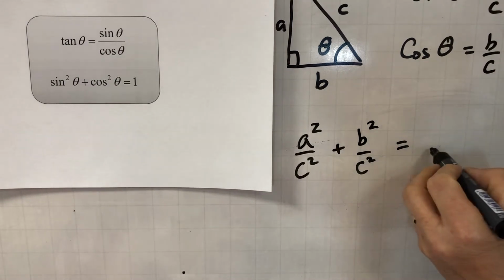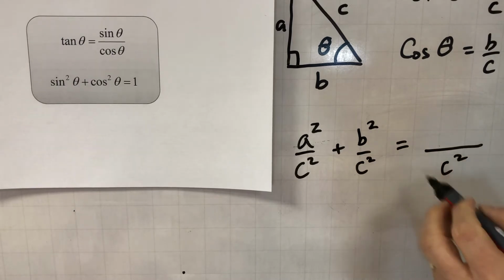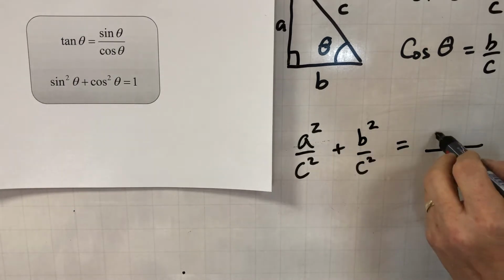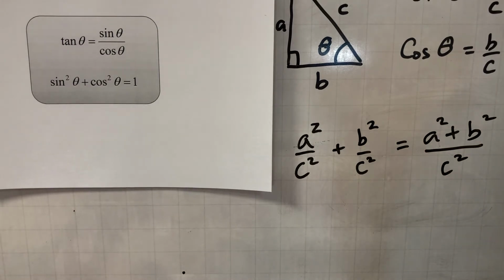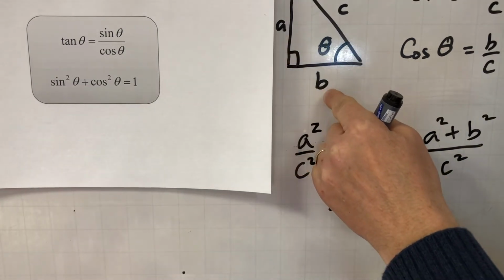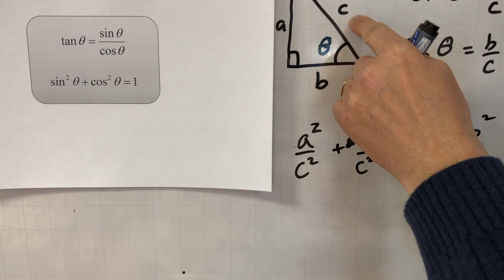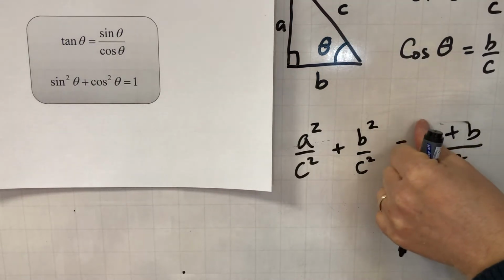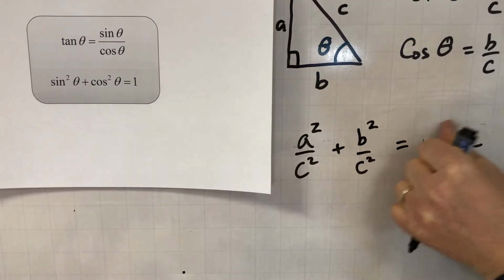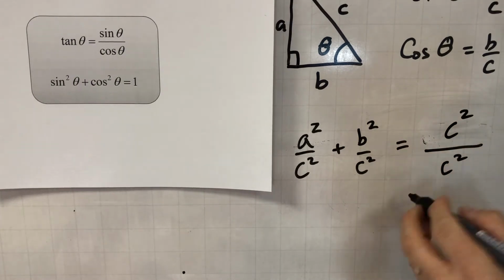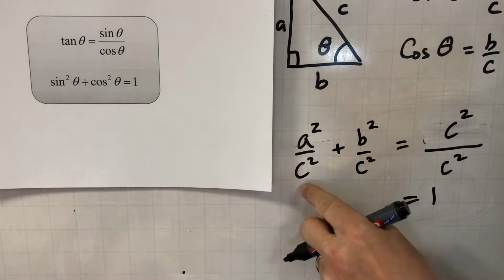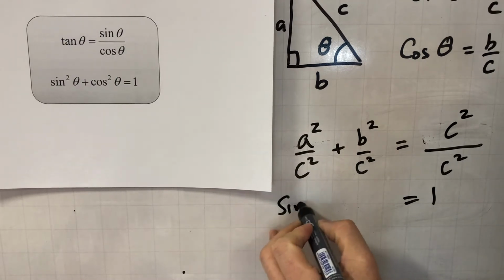Now they're both over c squared, a squared plus b squared. However, a squared plus b squared is c squared, Pythagoras' theorem. So those two on the top can actually be replaced with c squared, and c squared over c squared is 1. So therefore, sine squared